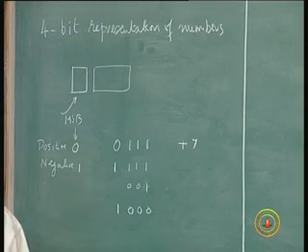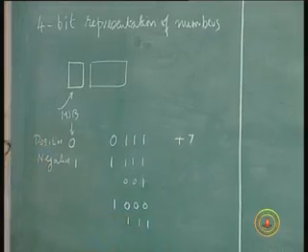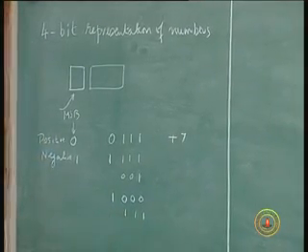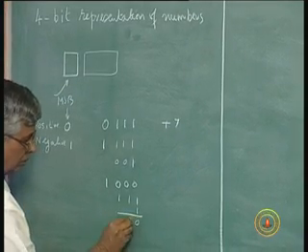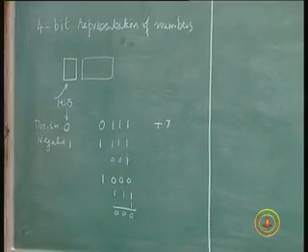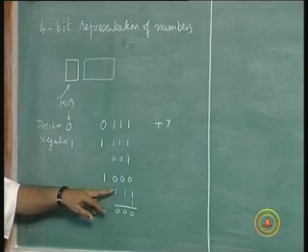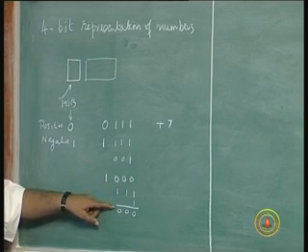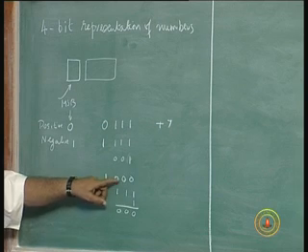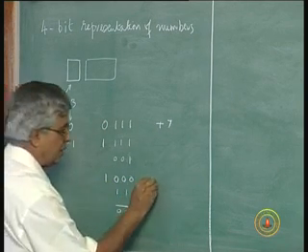You take 1's complement, seven, right, but if we add 1 to this, it will represent the same number in 2's complement, 1 0 0 0. This is actually minus 8, because